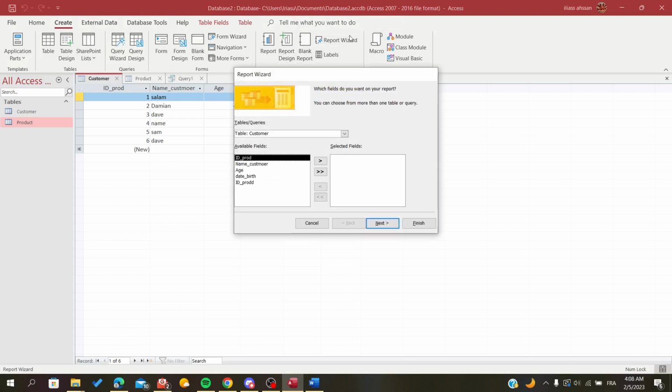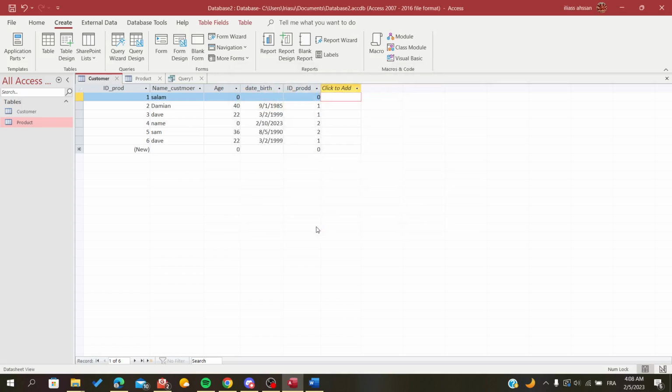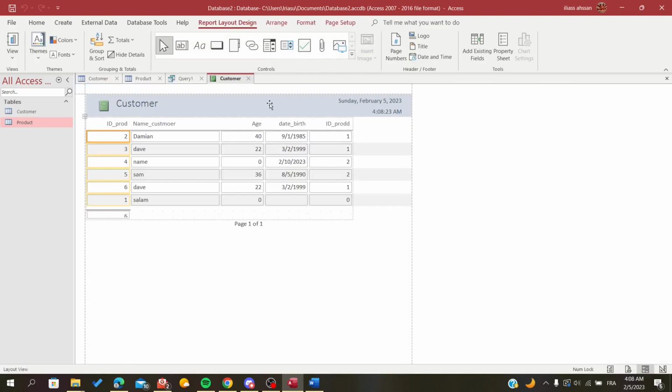Either you can click on the Report Wizard, so you can customize your report, or you can just create a report easily with this Report button, which will create a basic report for you. So basically, this is the first preview of the report. You can see it in many views